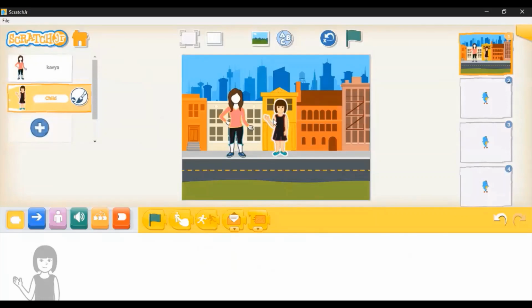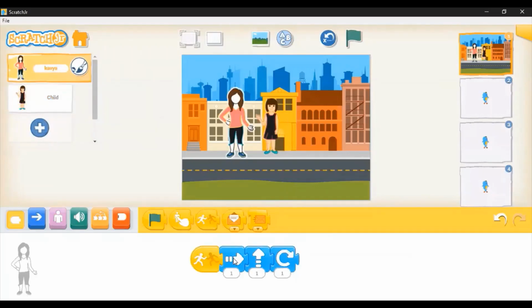Now this I keep it here so that I will make it move in the left direction and it touches the first character. Because what I have written here, the three blue blocks, will get executed when a character touches the present character, which I've named as Kavya.